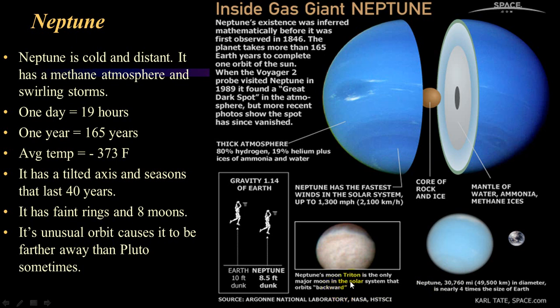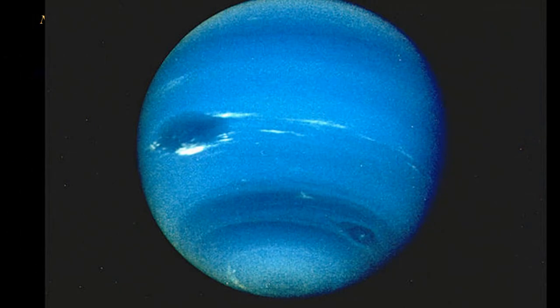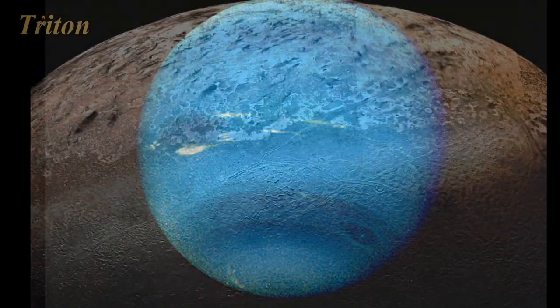It has a moon called Triton. It's the major moon, and it says it orbits backwards. Interestingly, instead of going around the normal way, it goes around retrograde. That's kind of cool. And also, this is a famous spot here. It's like a blue spot, the Great Dark Spot, they call it. So there it is. Guess what it is? Just like with Jupiter, it's a big storm that's raging there in the gases along the surface of that planet.